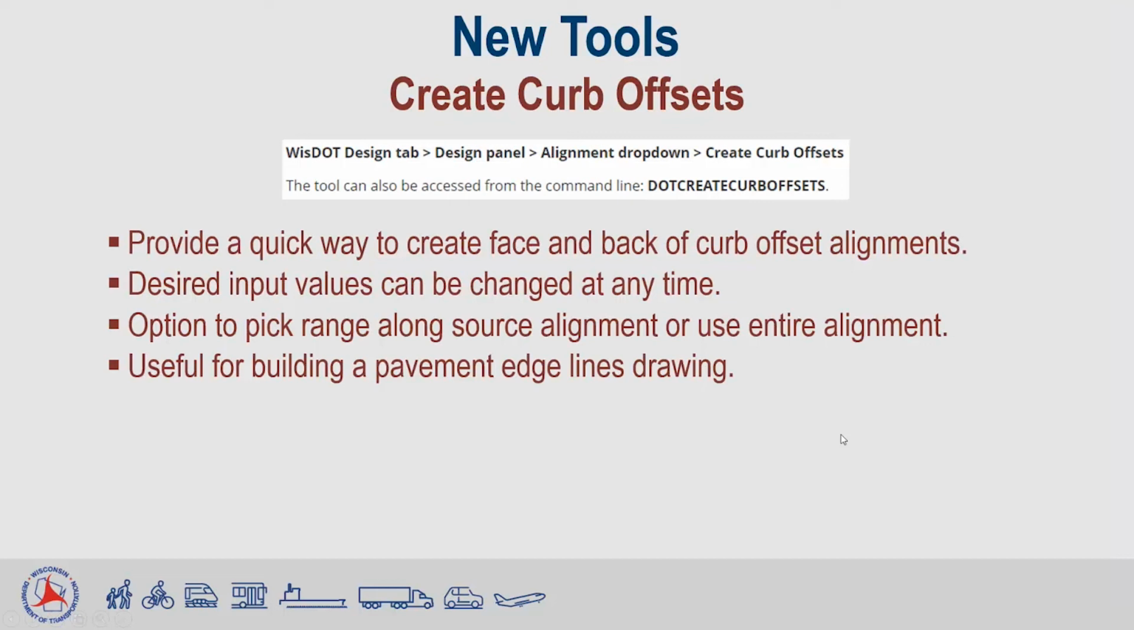The last tool I want to show is called Create Curb Offsets. This one's found on the Design panel, Design tab, under the Alignment dropdown. So the purpose of this one, it's very specific. It's got a very specific purpose, and that is to quickly create the face of curb and the back of curb alignments, mainly for plan production purposes, because we typically don't use those alignments for anything other than for displaying